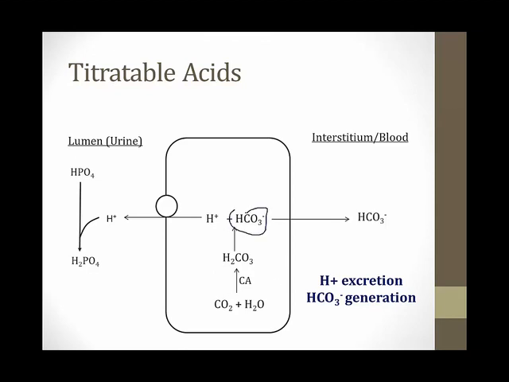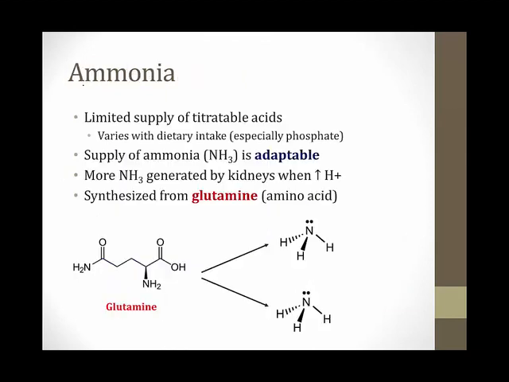When bicarb is generated by the kidneys, a proton is created as part of the process, as we saw previously. That proton is pumped out into the lumen of the nephron. There it will find phosphate molecules and combine with them, and the phosphate will carry the proton out in the urine. The second urinary buffer is ammonia, and the reason we need ammonia is because we have a limited supply